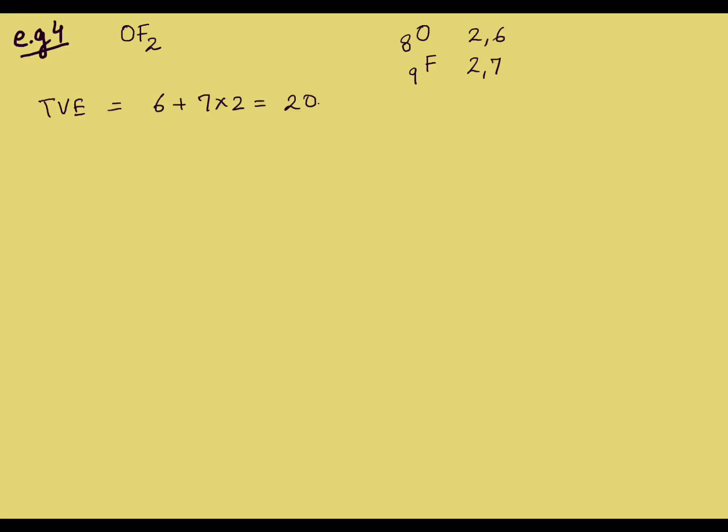Now out of oxygen and fluorine, which is less electronegative and which is, yes, remember the criteria, which one are you going to take over here? Before the electronegativity, what was the criteria? Yes, the one which has lesser number of atoms. So oxygen and fluorine. What do we do next?